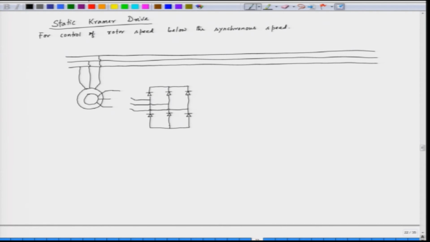Now, we have a switch here which we can connect. Similarly, for phase B we have a switch which can be connected, and for phase C we have a switch which we can connect, and it is normally connected to the rotor resistance for starting purpose. So, we have another set of switches here.